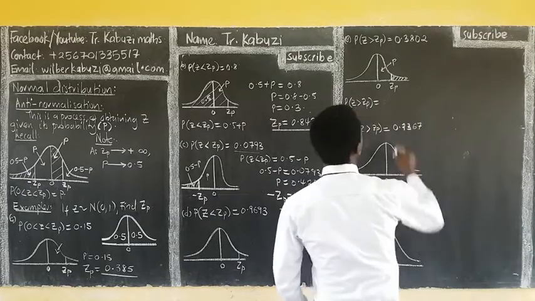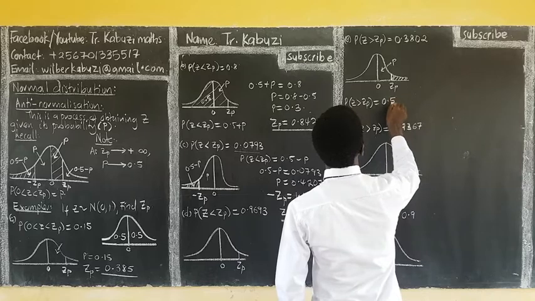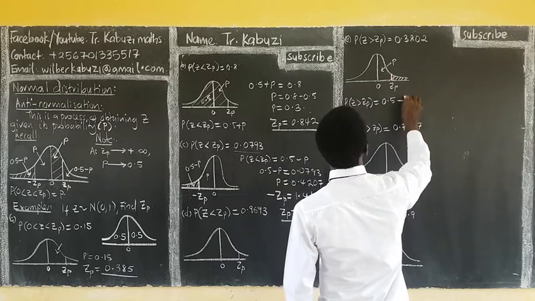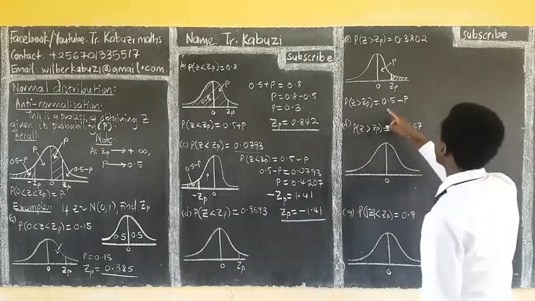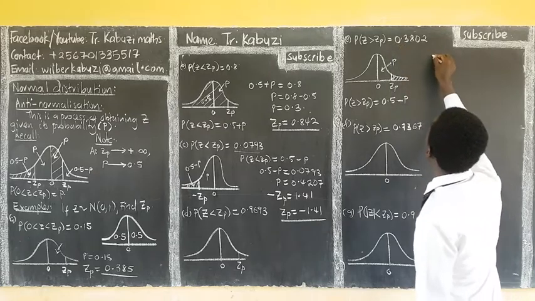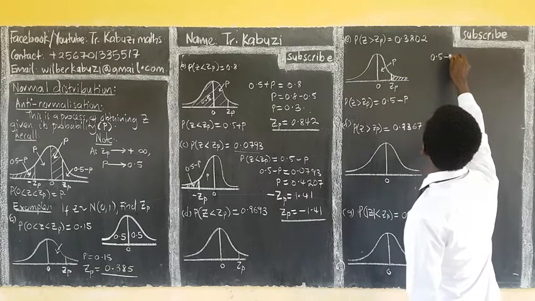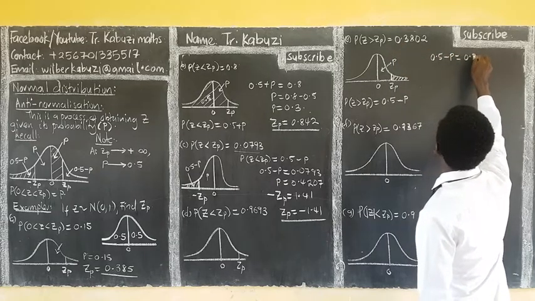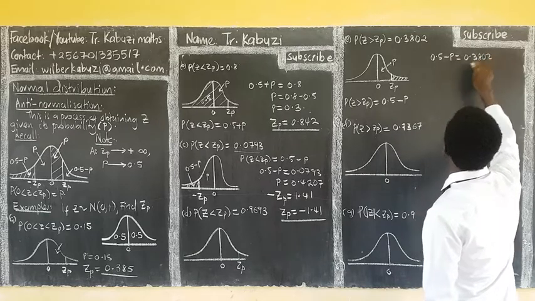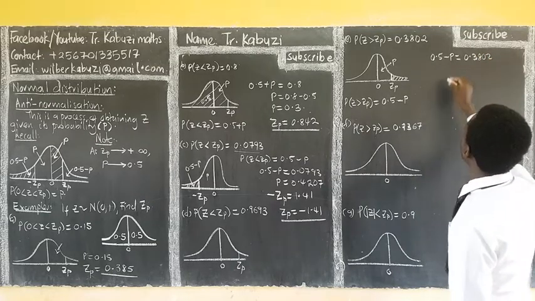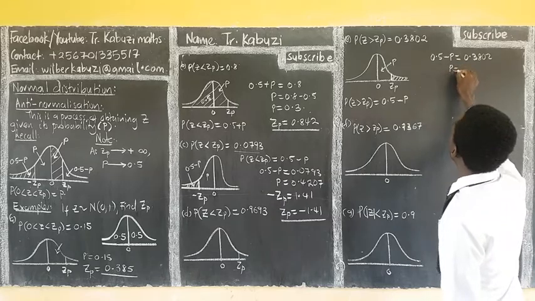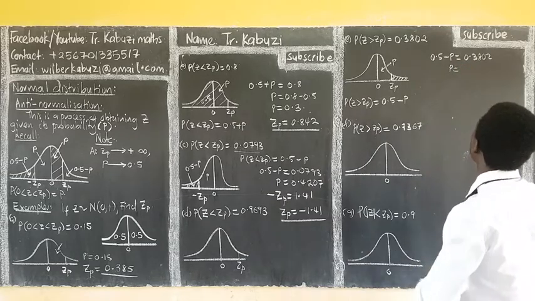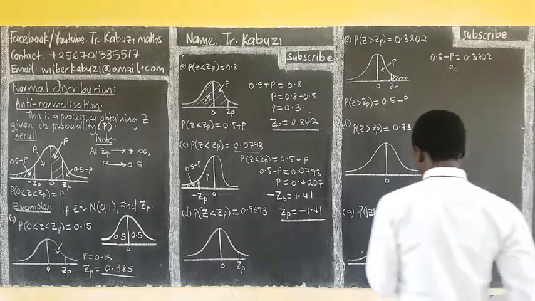So here we shall get 0.5 minus this P, so that we can get this. But now they are giving us the whole of this. It's now 0.5 minus P is 0.3802. If we make P the subject, the answer we are getting there is